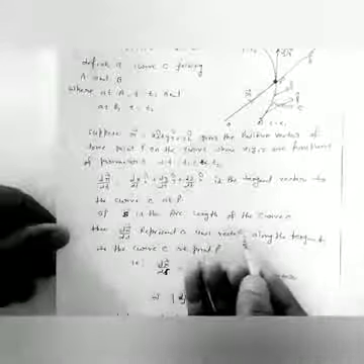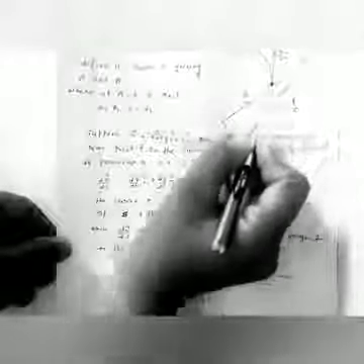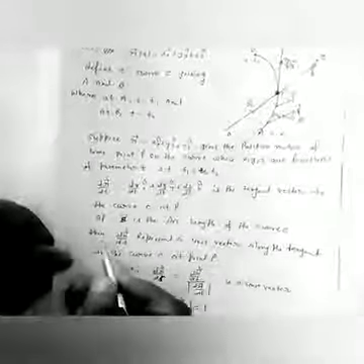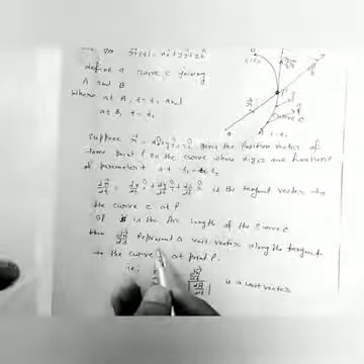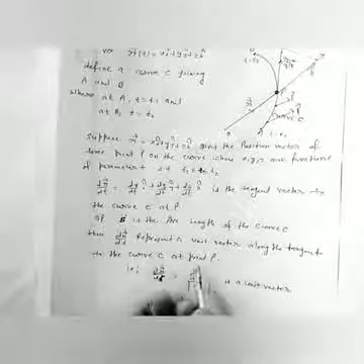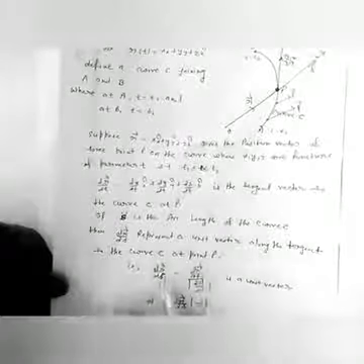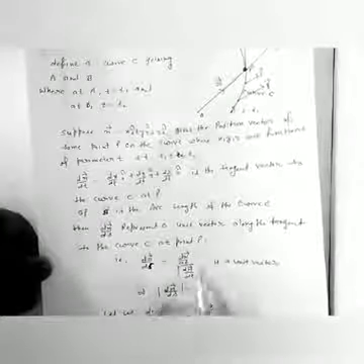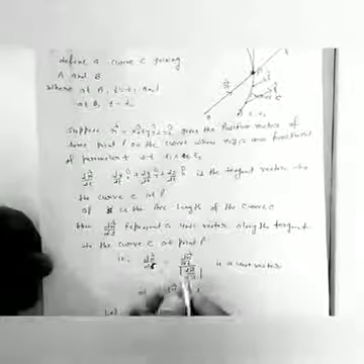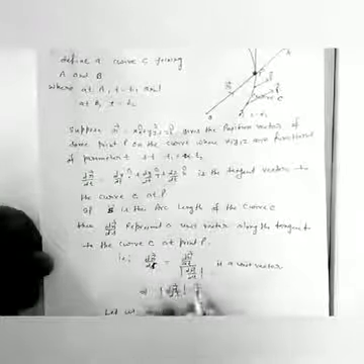If s is the arc length of the curve C, meaning from A to B is the curve and s is its arc length, then dr by ds represents a unit vector along the tangent to the curve C at point P. Means a vector along the tangent, that is the tangent dr by dt vector divided by its magnitude, is represented by dr by ds. It is just a representation of dr by dt divided by the magnitude of dr by dt.